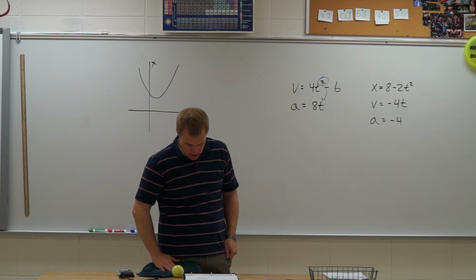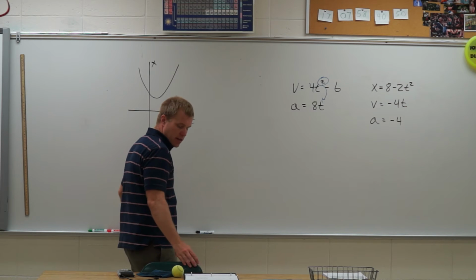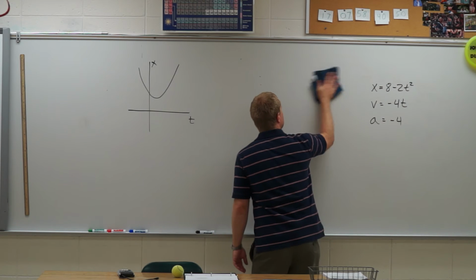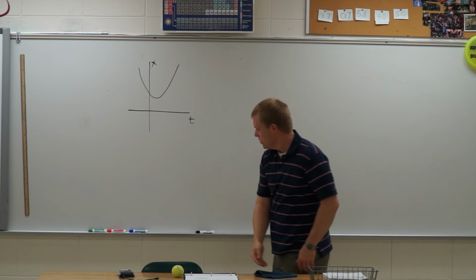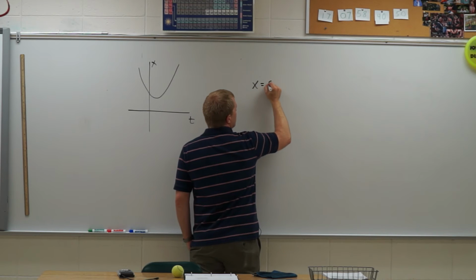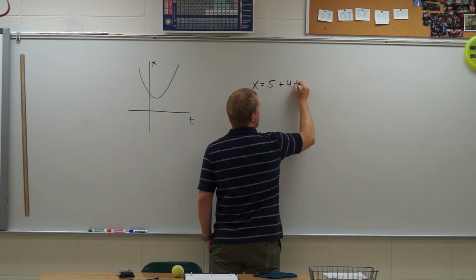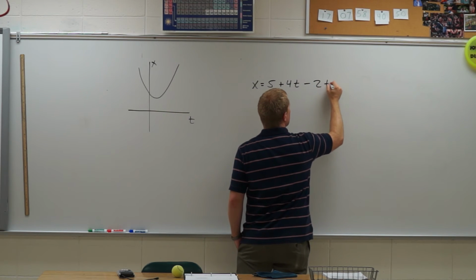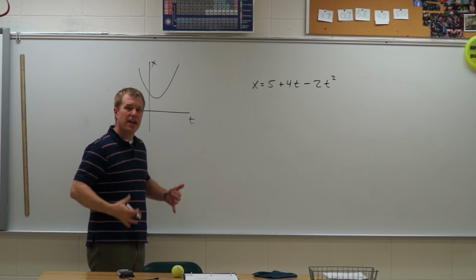22 gives me a little different equation. It flips some signs on us. All right. And then it wants me to say what the graph looks like. So they give me the function that x is equal to 5 plus 4t minus 2t squared. Okay. So something I like to do on these types of problems, if I've got to match an